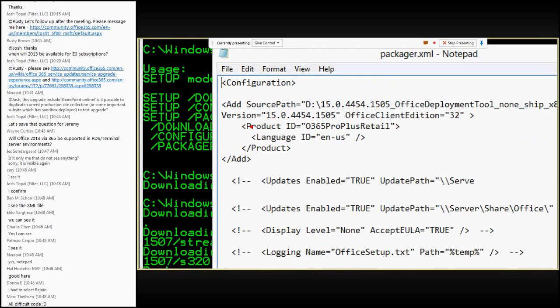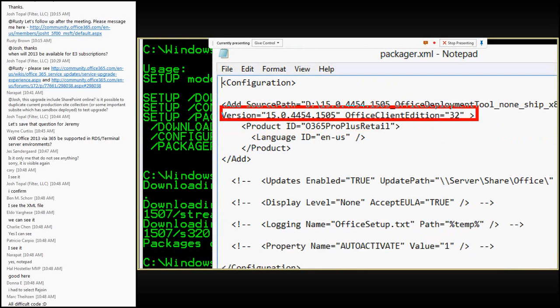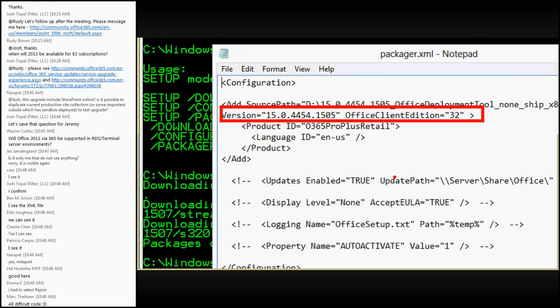4454, where the source path is. In my case, it's on the D drive, so again, I can use local drives to install from. I can use UNC paths, whatever I want to use, HTTP paths, all work, language, etc. And the conversion properties for App-V or for the configure property. I can also use the remove command to uninstall